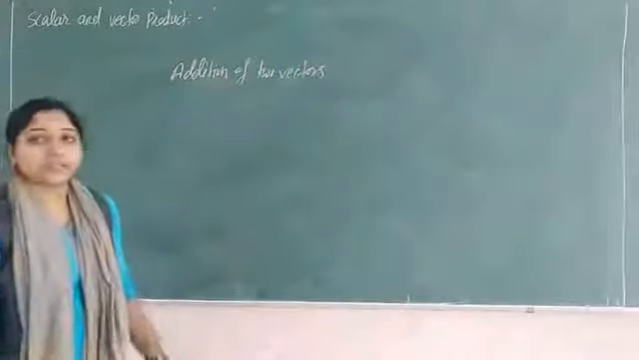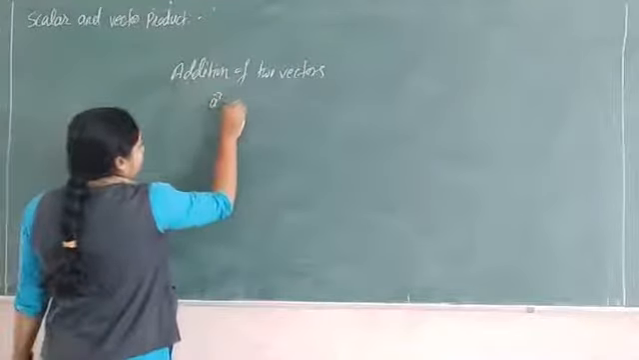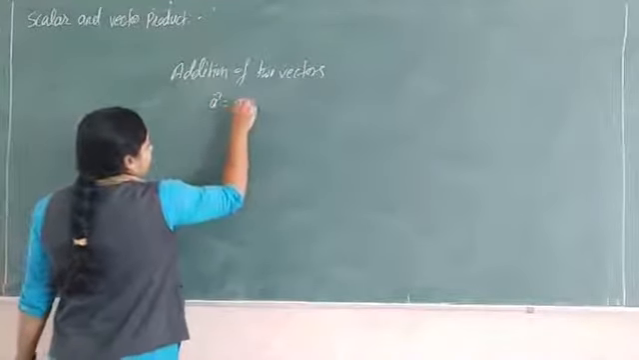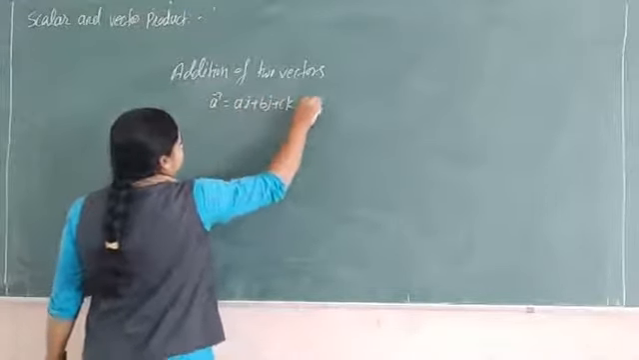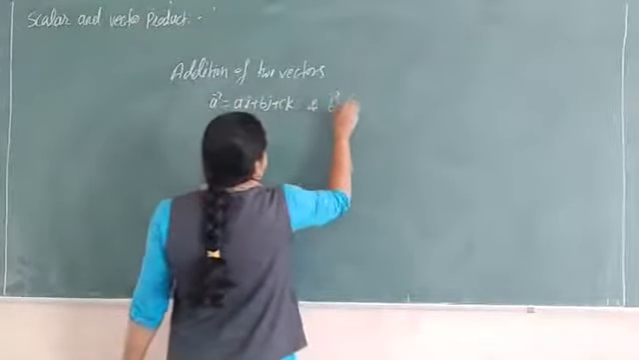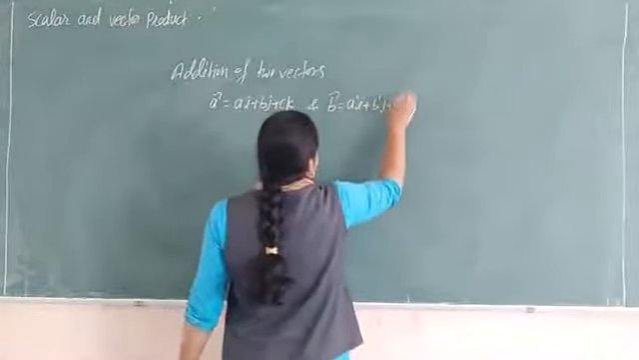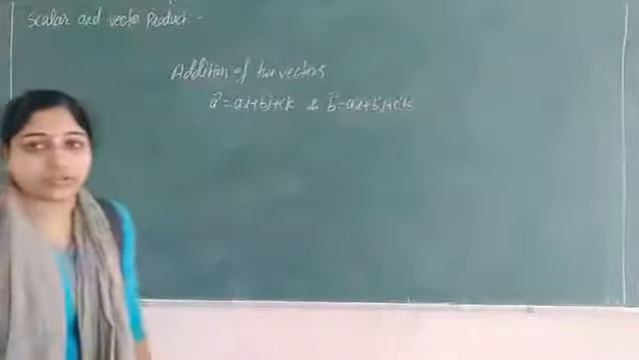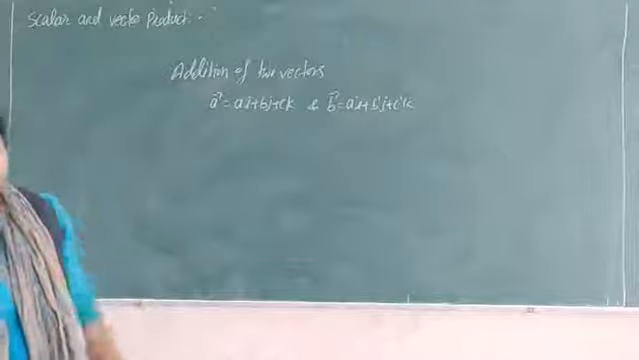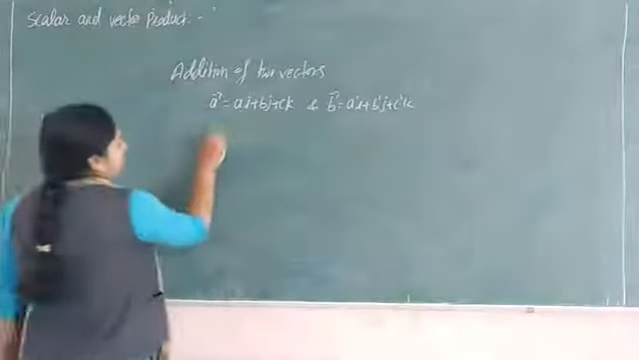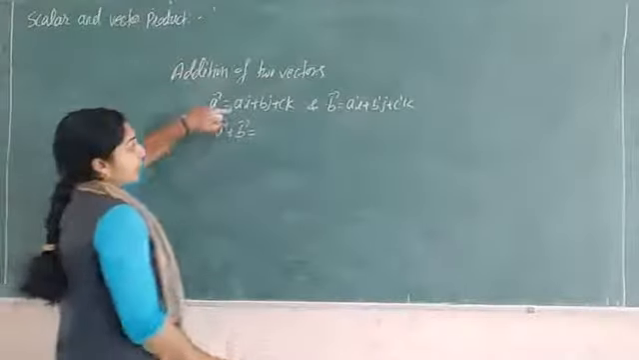Addition of two vectors. How to add two vectors? For example, if your first vector is Ai plus Bj plus Ck and your other vector B is, let us take A dash i plus B dash j plus C dash k. This is the general notation. If these two are the vectors, then how to add these two vectors? So the addition of these two vectors, vector A plus vector B, is given by,